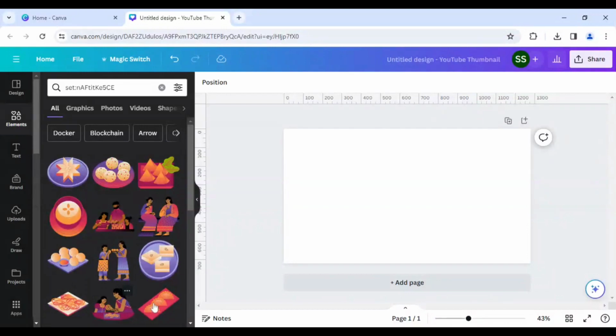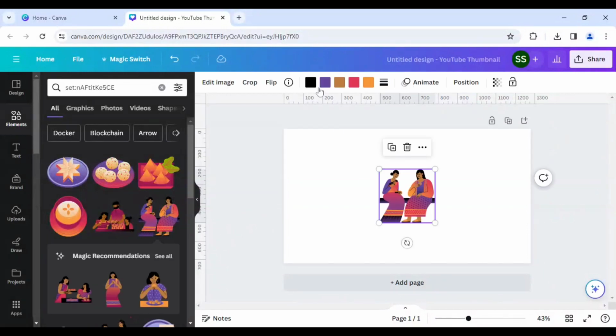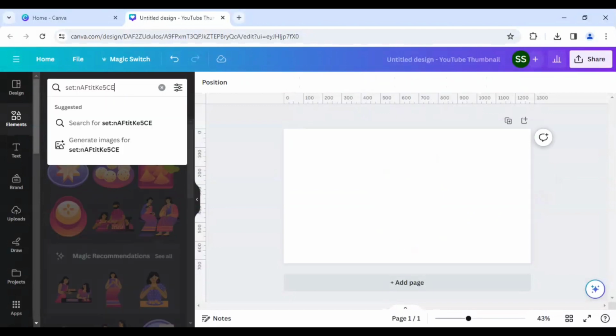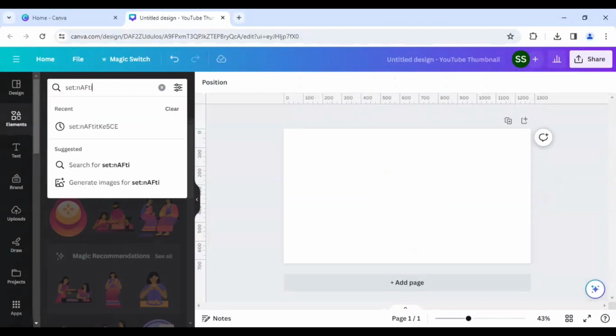So you can find this also, and the main thing is, as you can see, again you can change all the colors here. The ones which I am showing are all free to use till now. Whichever element I have shown, all of them are free to use, and you can change the colors for all of them. Okay, so let's go to the fourth one,